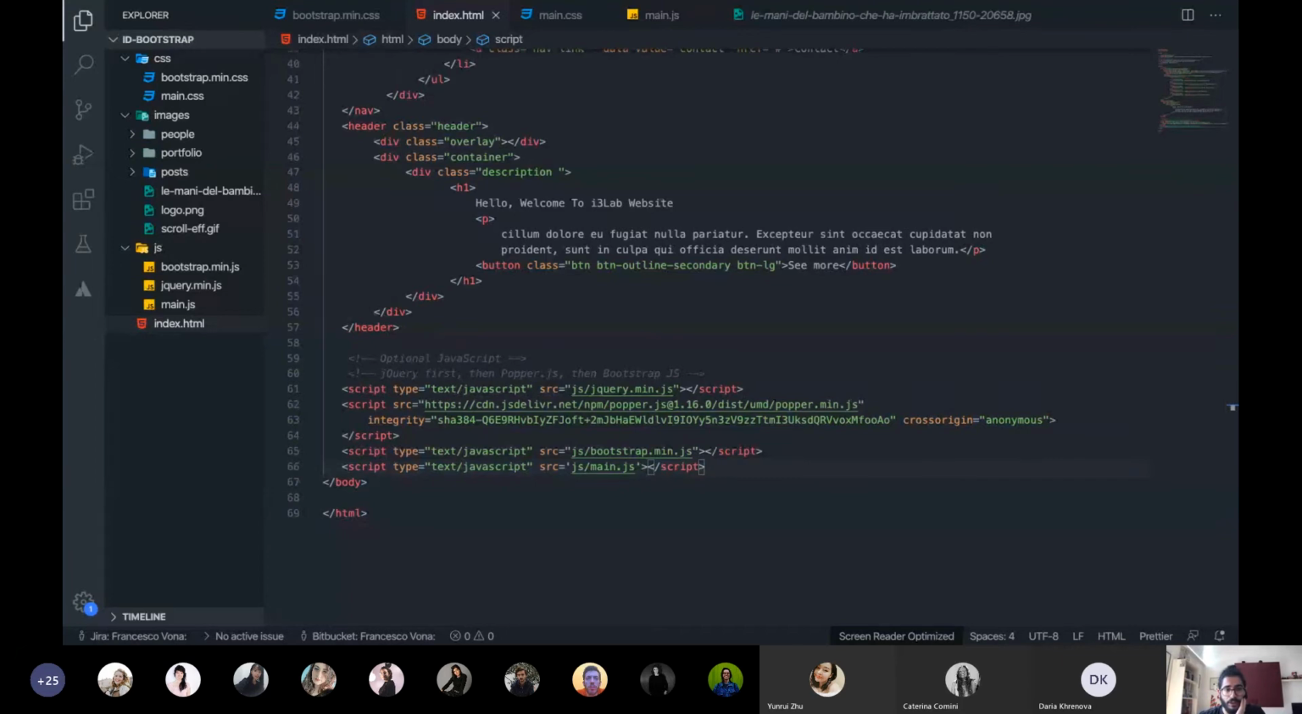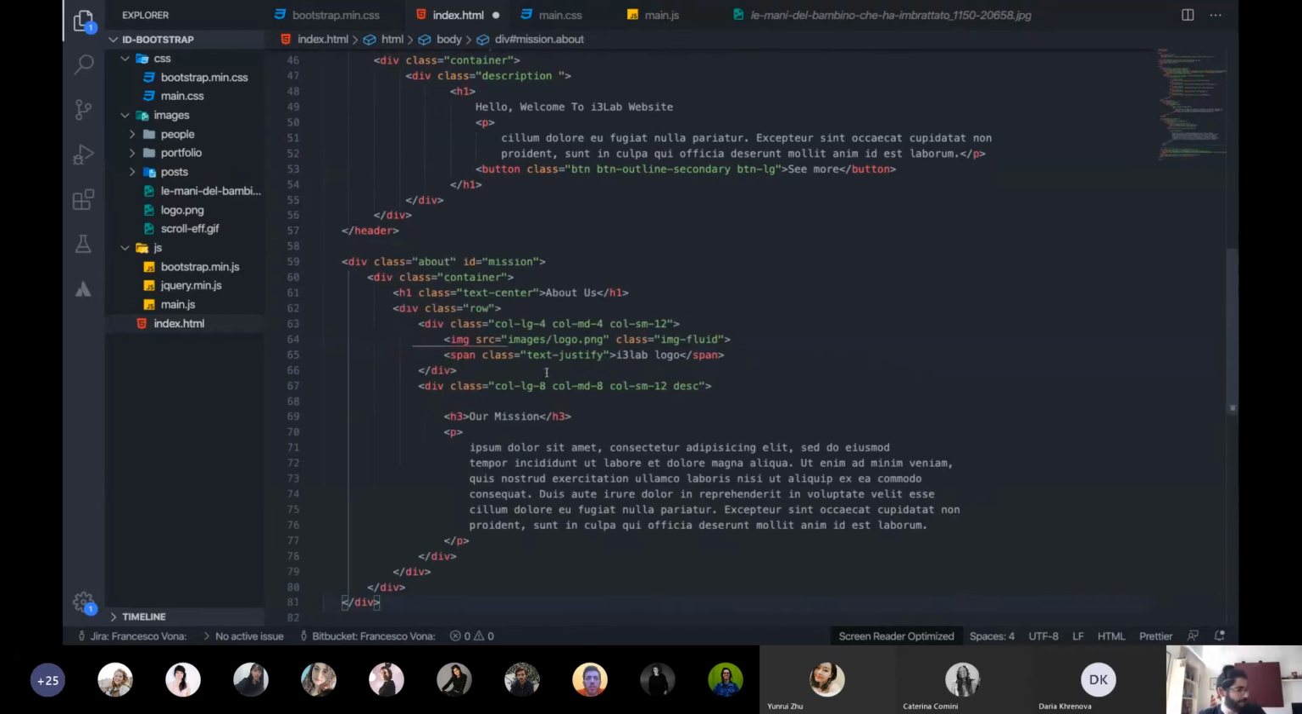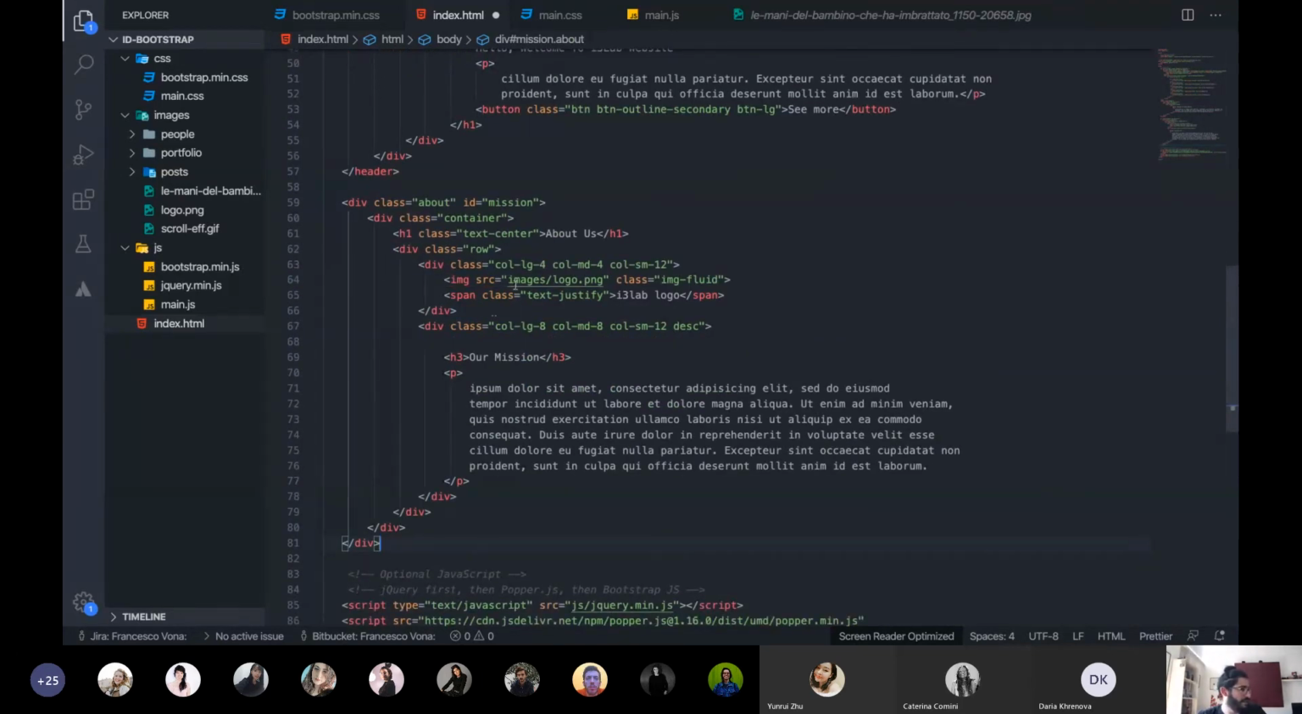So now what we need is the about page. Let's call it our mission page, the page where we explain what our lab does. So to do this, I'm going to of course copy and paste this code here after the header. You see the code is